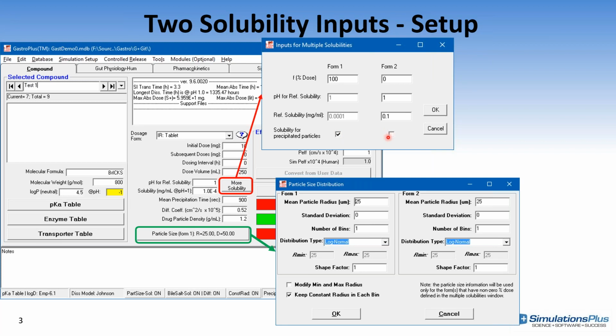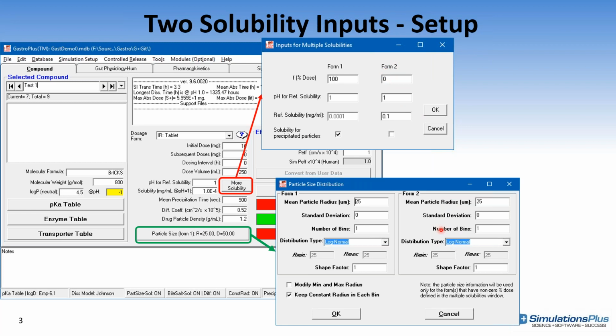Because you could have both of these in the formulation, in the percent dose entry you would define which form is in the formulation, or how the combination of these two forms of the compound contributes to the formulation. You also have an option to define a separate particle size for each of these forms. Of course, the particle size will be relevant only for the form which has a non-0% in the dose, so you don't have to worry about filling in both if you are only working with a single form of the compound.